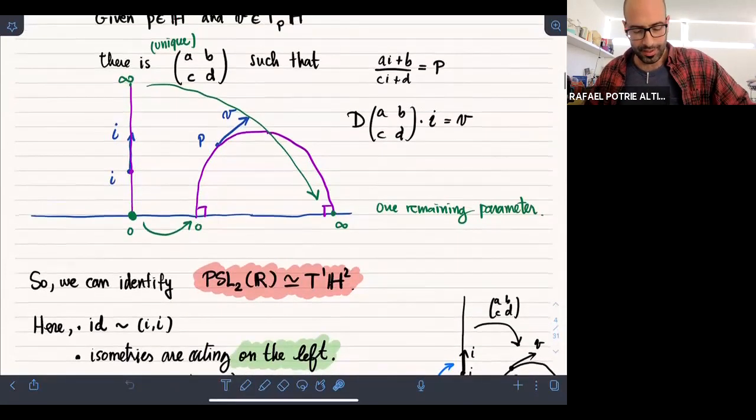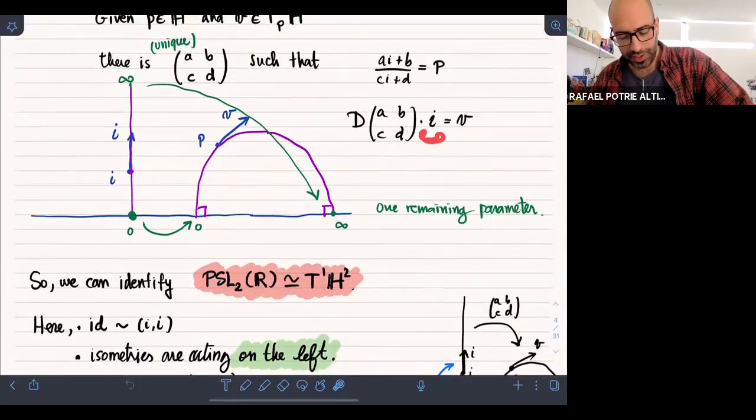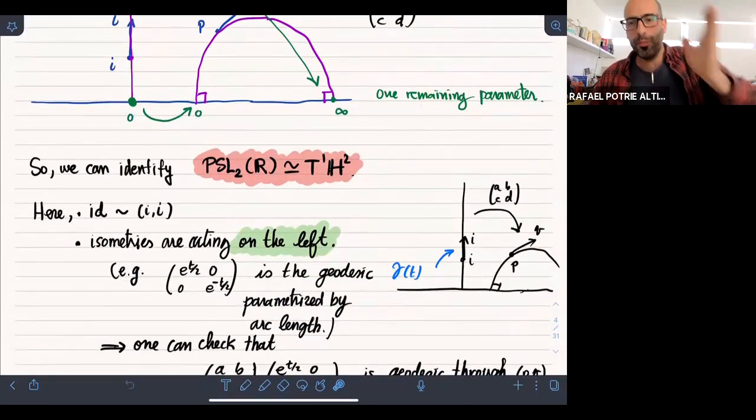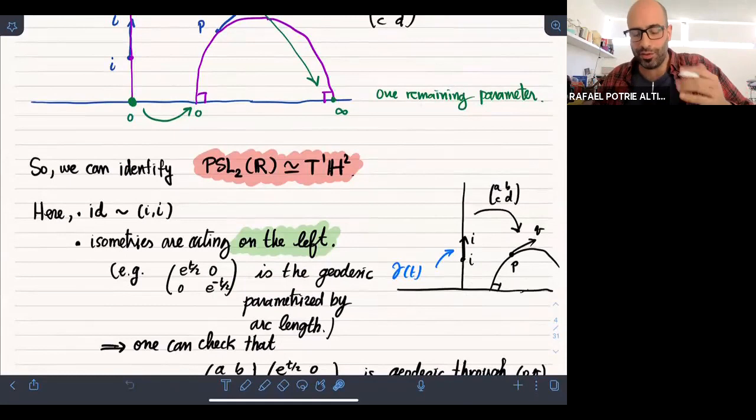But since we are acting on the vector here, the action by isometries is an action on the left, which is exactly the opposite of what I said at the beginning. Okay, and I'm sorry for that,